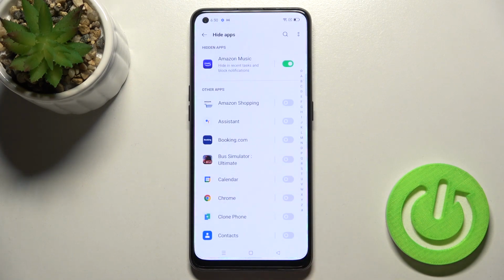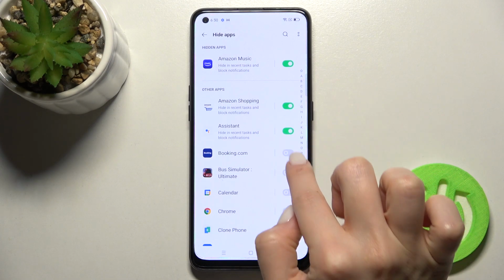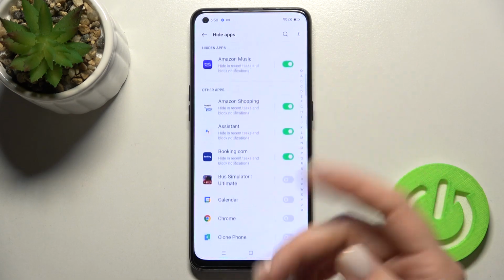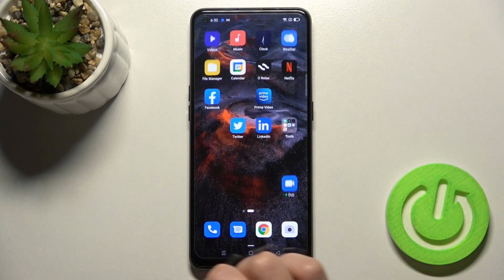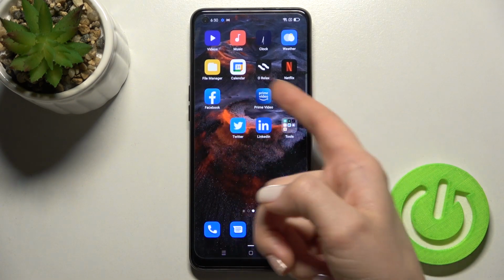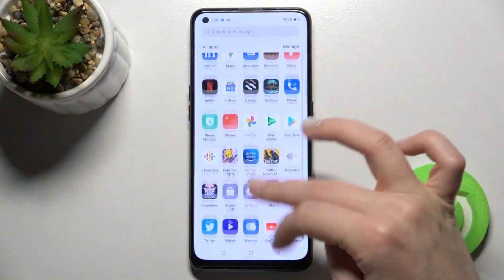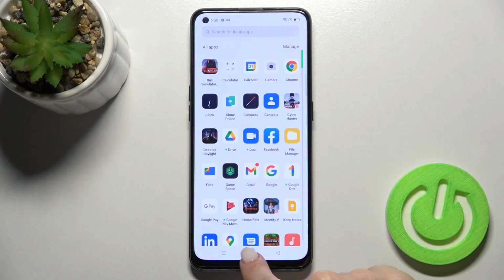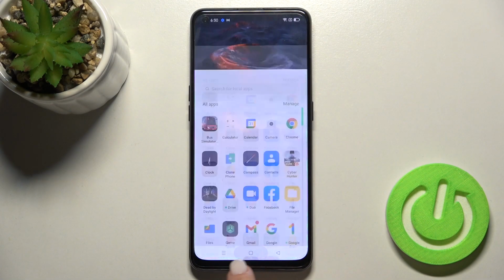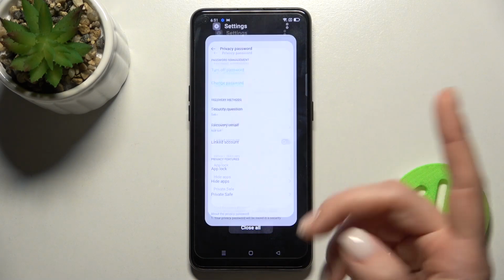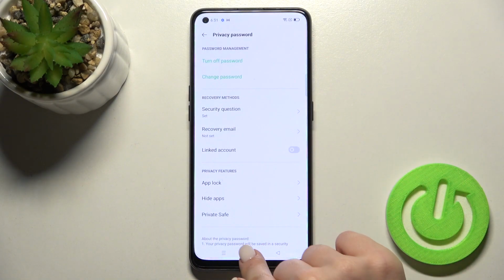Now just tap here on Done, and as you can see, we can, for example, hide 3 or more apps. And right now, as you can see, we have all these applications here on our device screens and main menu. And right now, if you just wanna unhide this application, go the same way to